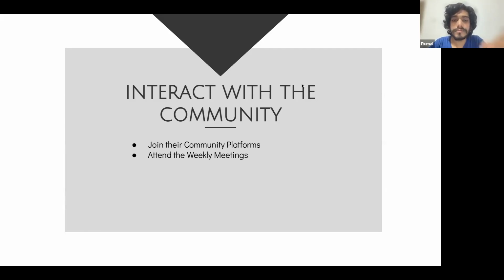And then since these organizations are open source, they have public meetings which anyone can freely join. So join those meetings and introduce yourself. You have to tell them that you are really interested in this organization, and tell them why you chose that organization, and also let them know that you are eager to contribute to their projects. So these are important things, but these things alone are not enough.